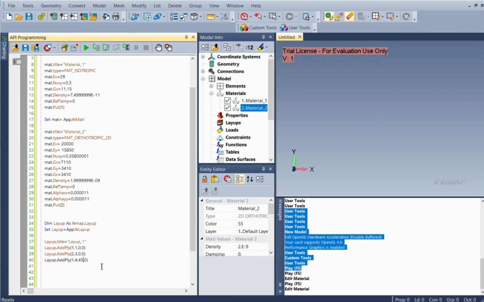Once we have all this defined, we don't forget that we need to put an ID for this layup. So layup dot ID, we put number 1, it's our first laminate. And we run this again, and you will see here that we have created one layup